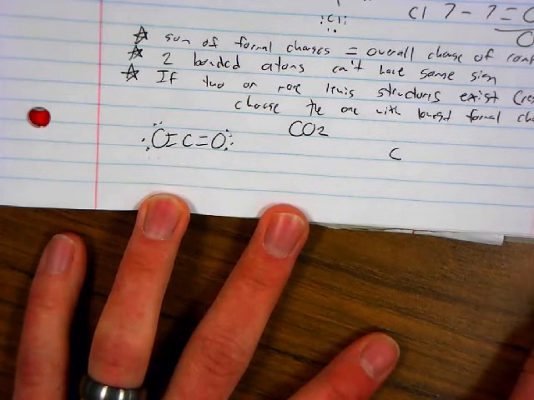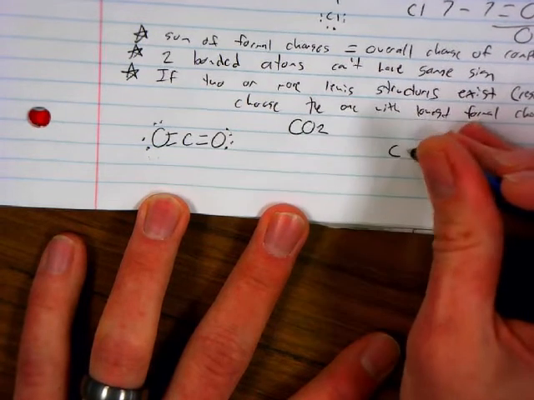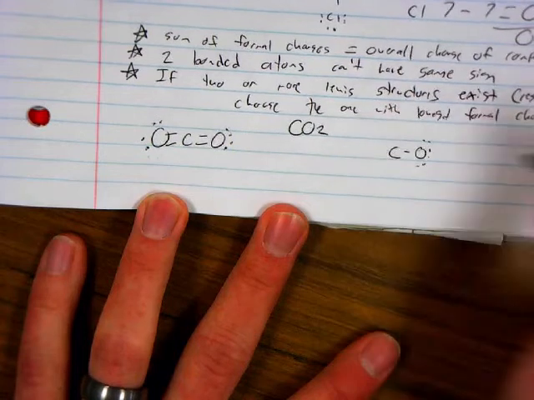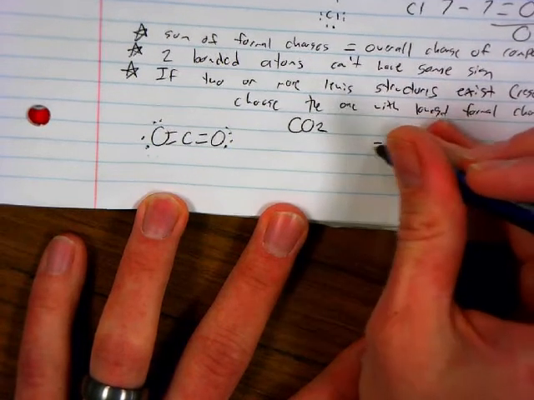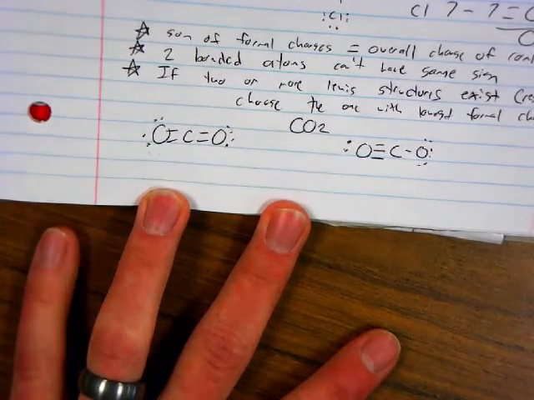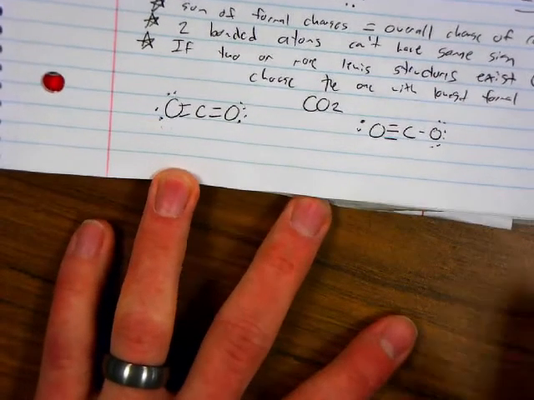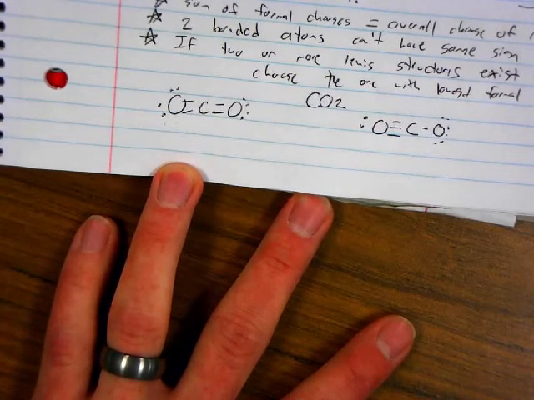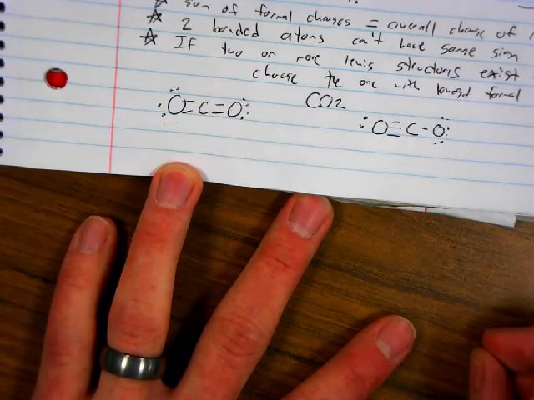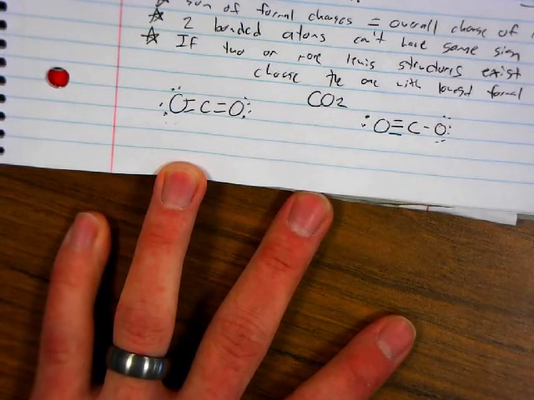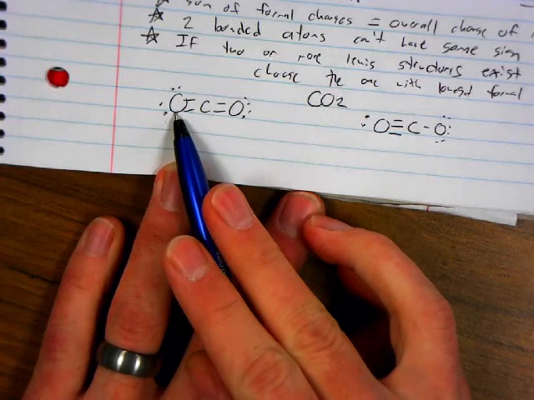I've got one where there's a double bond on both sides of carbon, right? What else could I do? I could do one with a single bonded oxygen on one side. I could do one with a triple bonded oxygen on the other side. Would that also work? It would work. But the formal charges tell the story. There was literally a question like this on the AP test 2 years ago. It gave you 2 molecules, and it said which molecule would exist, and you just had to look at the